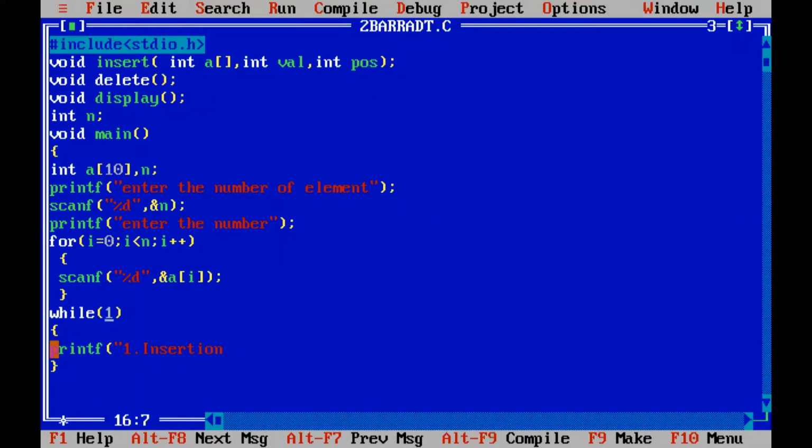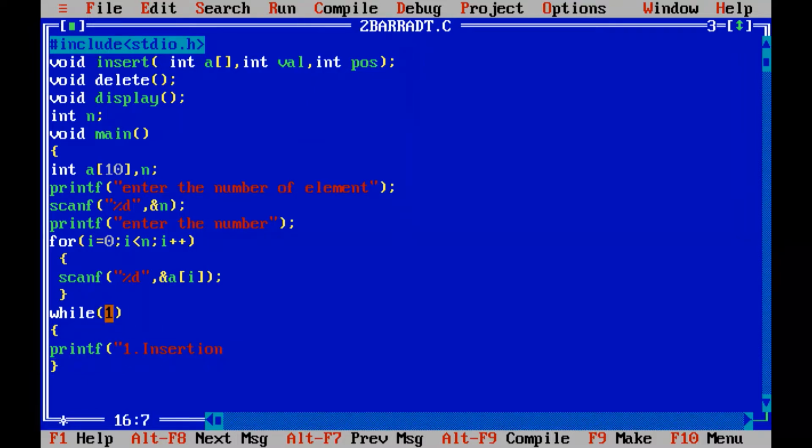That means execute all the lines which are given within the bracket of while, without checking any condition, because the condition itself is given as true. Got it? Now again in the next class I'll be asking, so you should tell me: within the bracket of the while, we give the condition to be checked. If the condition is true, it will execute the lines. If the condition is false, it will not execute the lines given within the bracket.